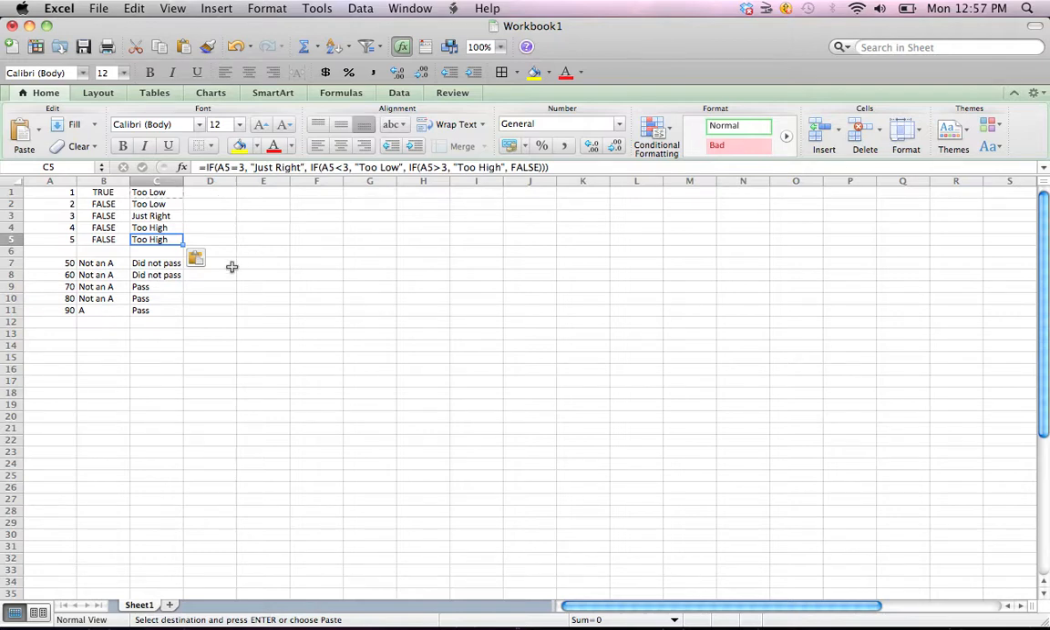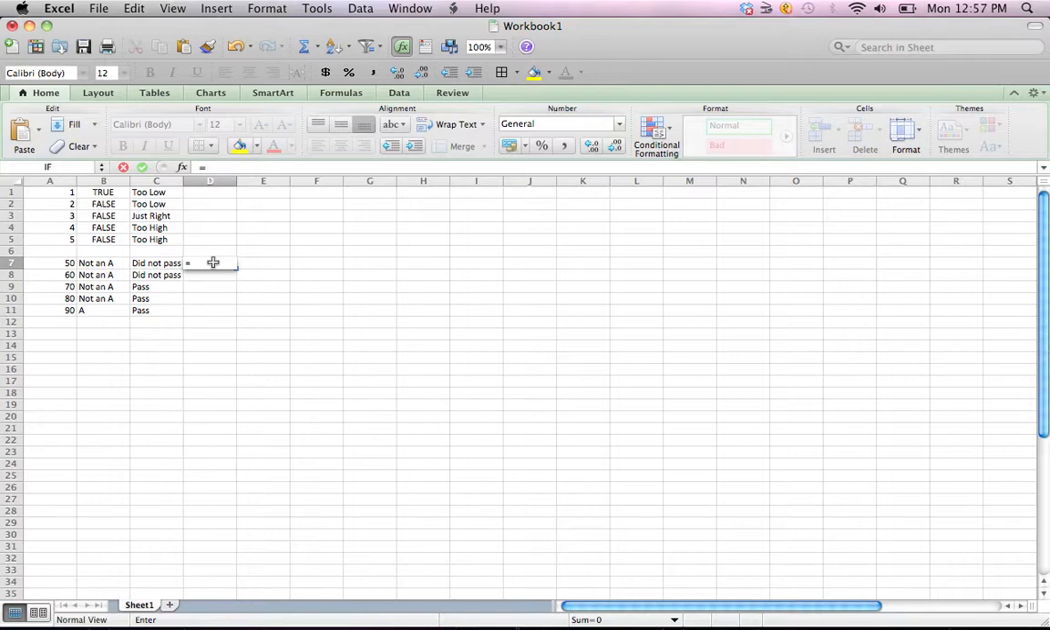Alright, now let's apply the nested if statement to these grades here, 50 through 90. Okay, so here's what I'm going to do. Again, equals if, and I'm going to start high and go low. So if A7 is greater than or equal to 89.5, which I'll set as the cutoff for an A, return the value A. If true. If false, open up another if statement and say if A7 is greater than or equal to 79.5, return the value of B,